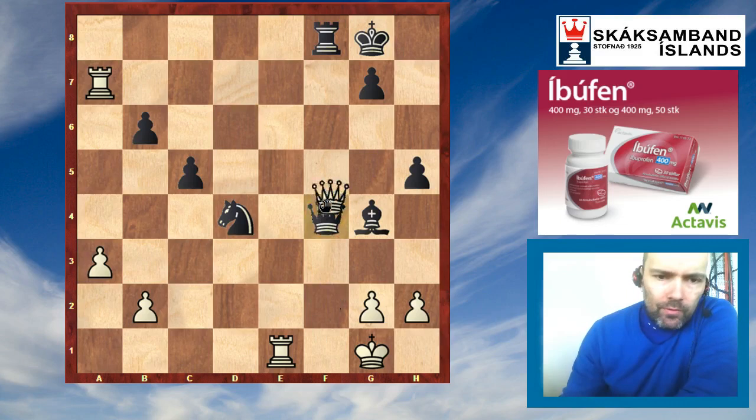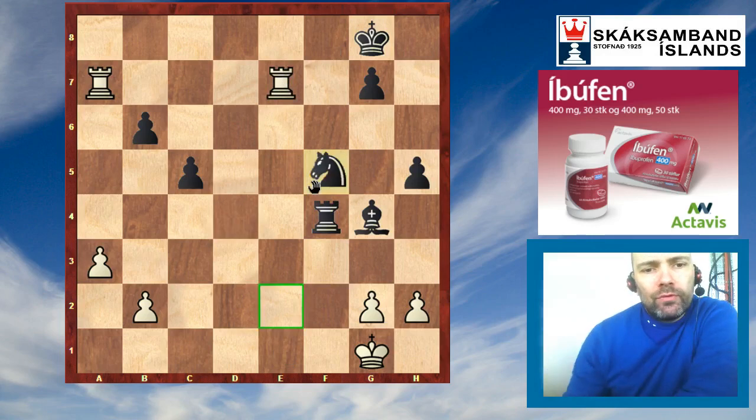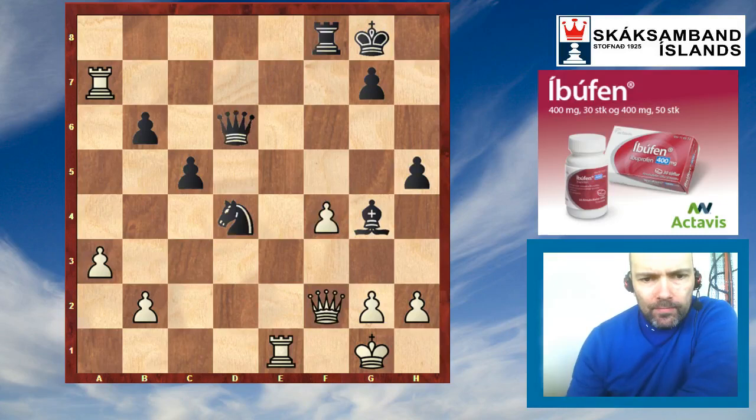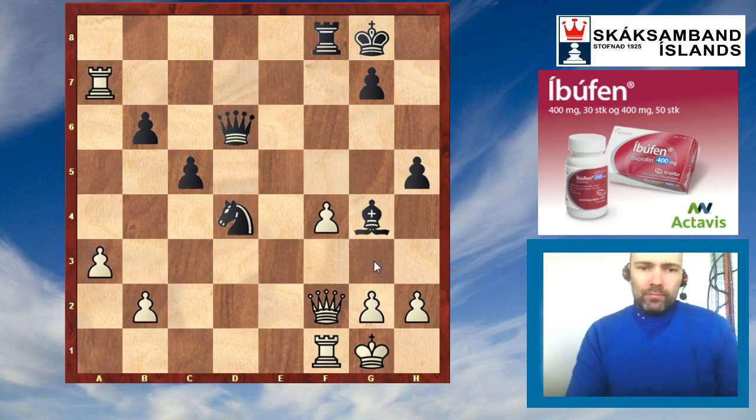Probably taking with the rook might be better. But after this, yeah, knight f5 should hold things together. And there's also knight e2, of course, which does more than hold things together. It ends the game immediately. So maybe he couldn't really do anything about the pawn. I mean, knight e2 was also a threat. And g3, I mean, can't we even...